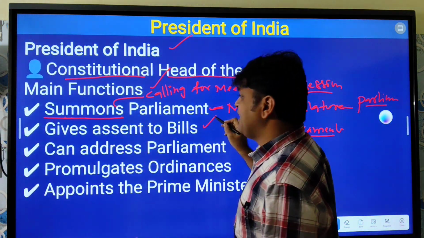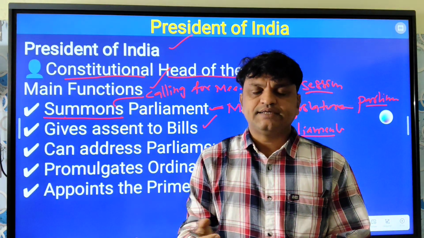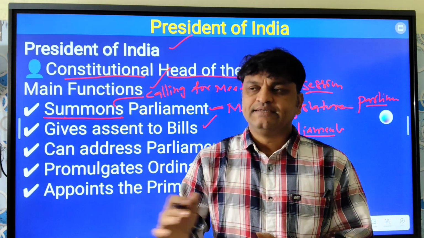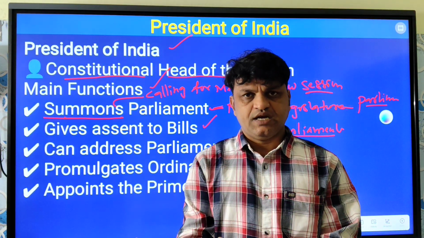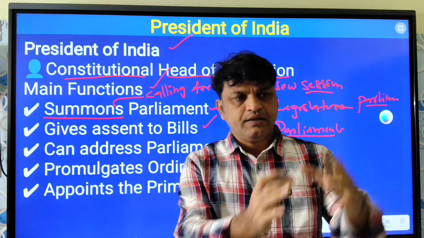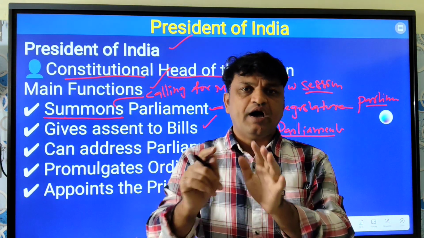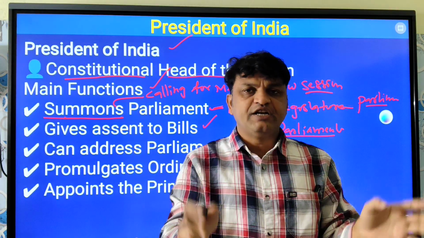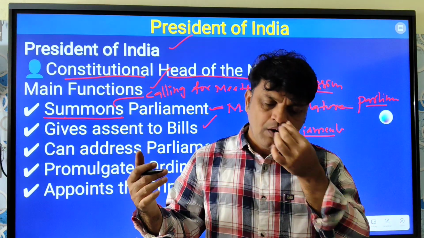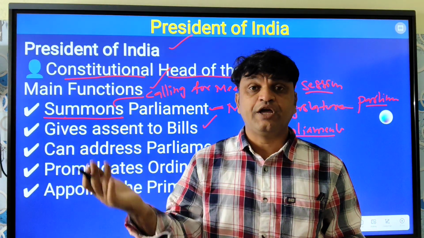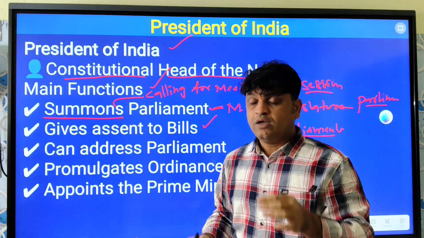Then gives assent to the bills. So we all know that bill. Any bill, suppose the government wants, let us say, 20,000 crore to buy something or to buy military equipment, it is the defense minister who has to introduce the bill. The bill is the form which contains every detail of this project or subject, let us say, military expenditure, military aeroplanes, military equipment, right? So to buy those,